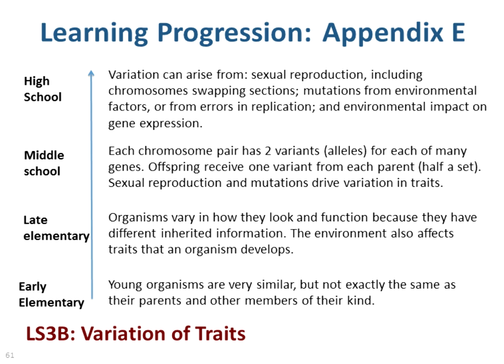So it's not obvious that there are actually two alleles in there, and that you get one allele from each parent. Again, this is the notion of half a set. And you can get variation, and variation in the middle school is explained through two mechanisms: mutations, which are changes to the recipe, and sexual reproduction, which is this segregation and independent assortment piece, so Mendel's laws. That's it for the middle school. That's how we talk about variation.